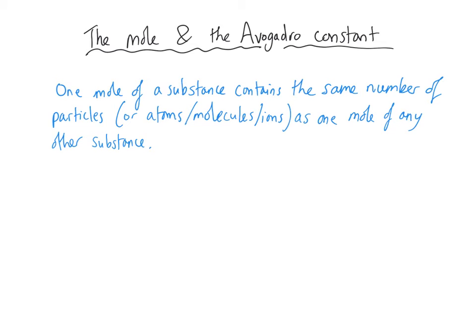So what's really important is that if you have 1 mole of a substance, you will have the same number of particles or atoms or molecules or ions or things in that substance as you would have in 1 mole of any other substance. Now, where it gets complicated, and I don't mean it's dead easy, but where it gets complicated is that number's a really, really big number. And that number is